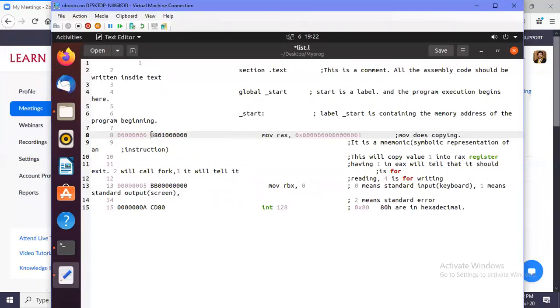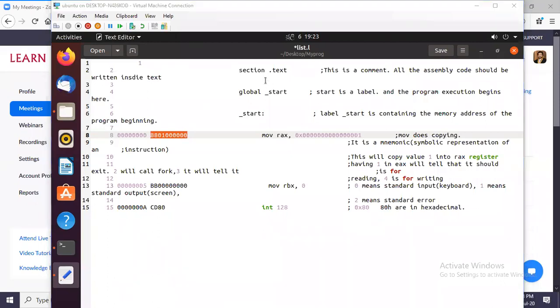This is 1, 2, 3, 4, 5, 6, 7, 8, 9, 10. 10 hexadecimal digits means what? A byte means 8 bits.